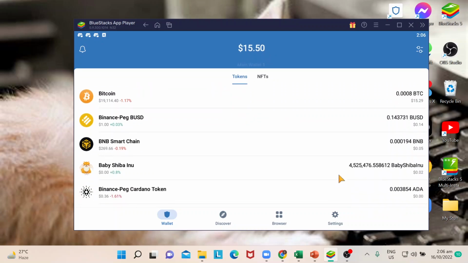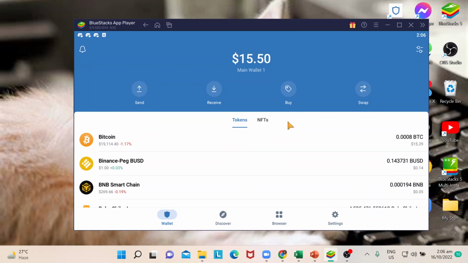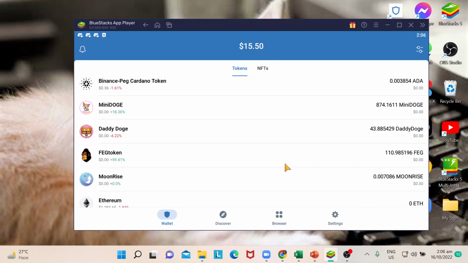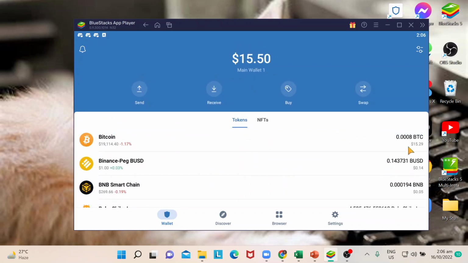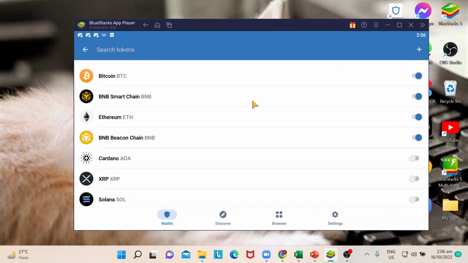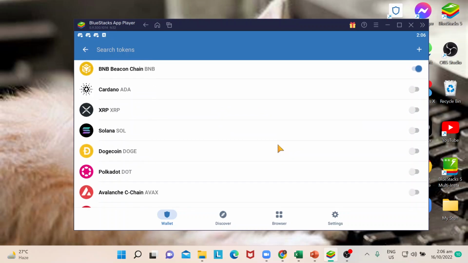So going back to Trust Wallet, this is basically your main page or your dashboard for all your tokens. So what if, for example, you wanted to add a new token? All you need to do is just go at the upper right of your app. You could see a circle and a dash, and then you would be able to see a list of tokens here, right? So first thing is, say for instance, if you can't find your token already, you can just swipe that one just to enable that, and that would already be added on your dashboard